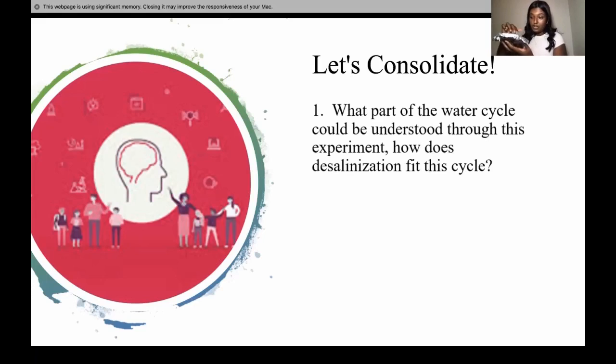condensed, right? And since you have the ice in the middle, the ice is providing the cooling point, so the dew point, in order for that water to condense. So it hits the point where it has the water and the ice, and it falls back down. But since the ice is right in the middle where the actual cup is, it melts, it condenses back into the liquid form, and then it precipitates into the actual cup itself. So any salinity, any salt in that, it would condense back into the cup.